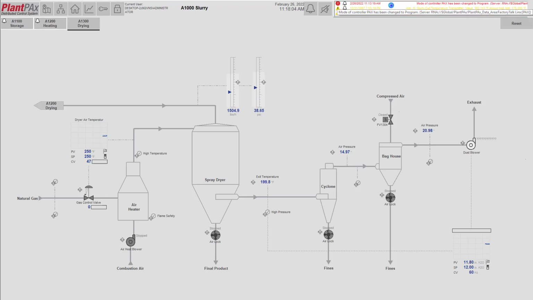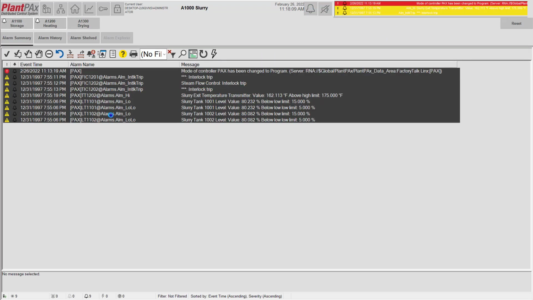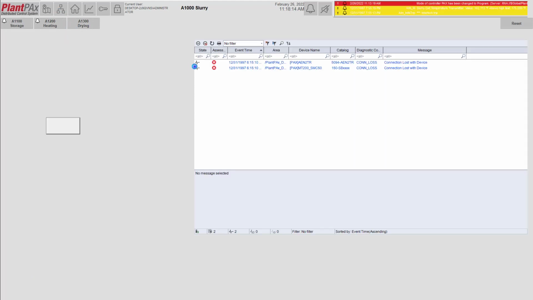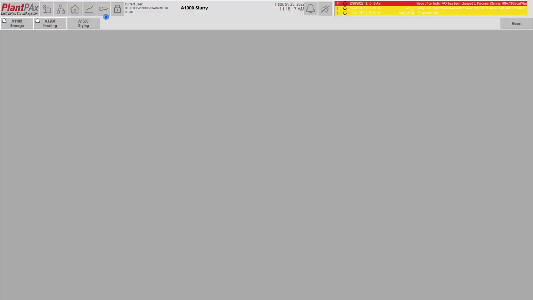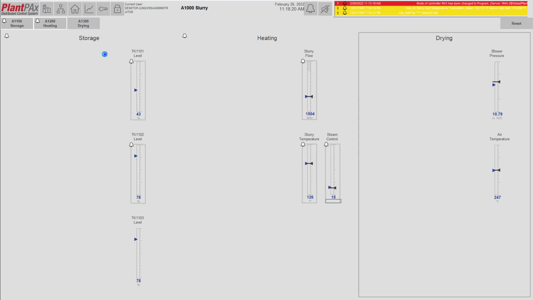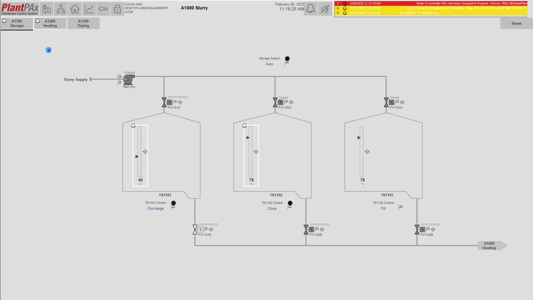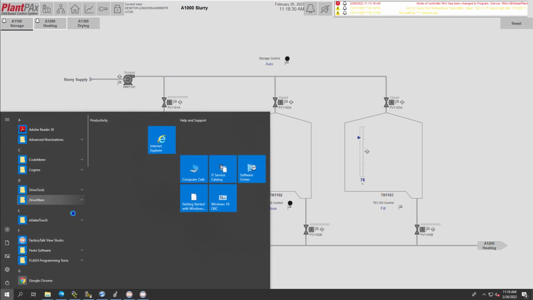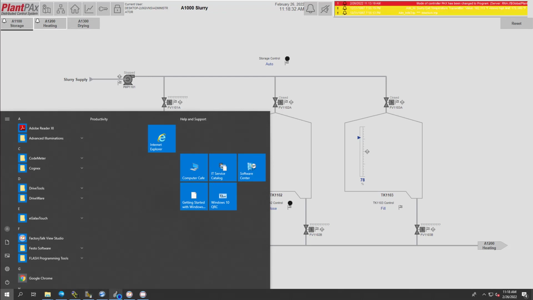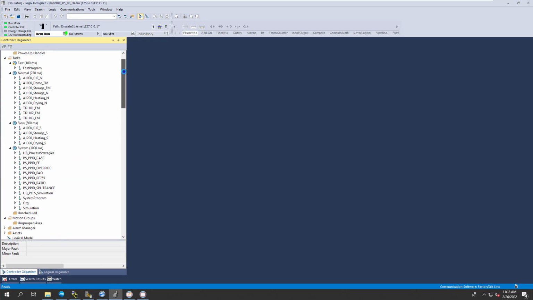So you can see right here, we've got our alarm banner up here. We can see the alarms. We can see everything right here. We can shelve things. We can come up here to our environment, and you can just see the way things work. So you can go home. Always home is resetting everything back to normal, like if you just got to a different screen or whatever the case may be. But again, I'm showing you the benefits of how you're actually going to be able to simulate, and use your straight out of the box stuff that you downloaded from the Rockwell website,